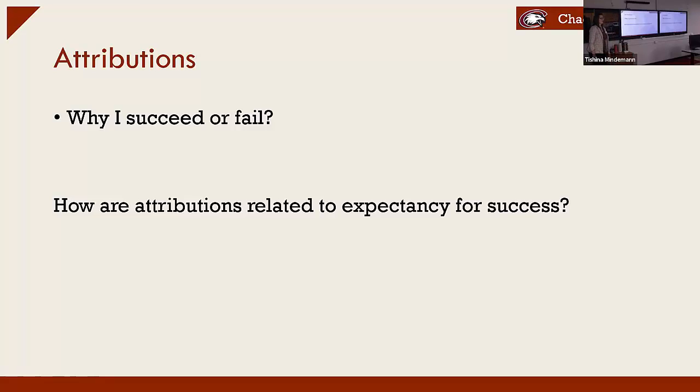Also, is it something that can change, or is it something that's inherent to me? Right? If we think, oh, I'm just dumb at math, right? If you just think that you're dumb at math, then you're not going to be motivated to work in math because you don't feel like that's something that you can change. Stereotype threat. Yeah, stereotype threat's a good one, right? Are people like me expected to do well or worse than other people, right?